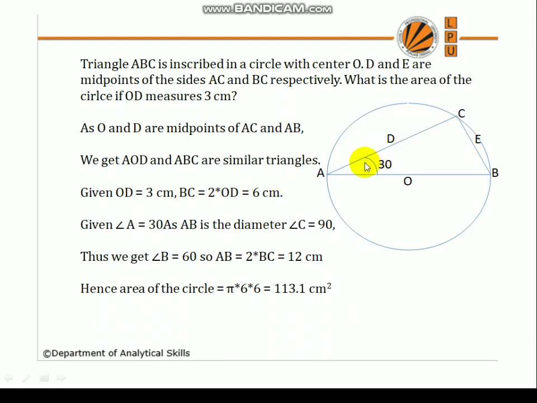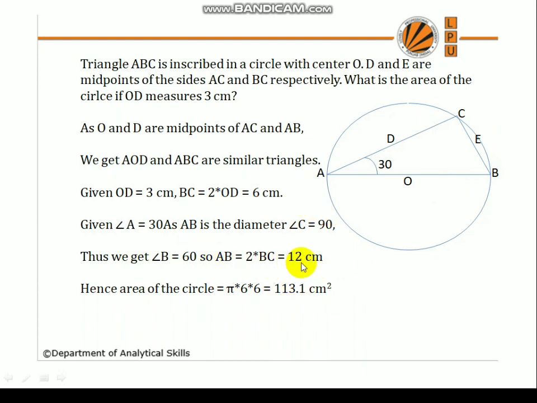And look at the angle given, A is equal to 30, and we already said AB is a diameter, therefore C will be 90 because of the property angle in a semicircle is 90. Therefore angle C is 90 degrees, and angle B will be 60 degrees. So opposite of 30 will be one part and opposite of 90 will be two parts. So opposite of 30 is BC, which is 6 cm, therefore opposite of 90, which is AB, is 12 cm,